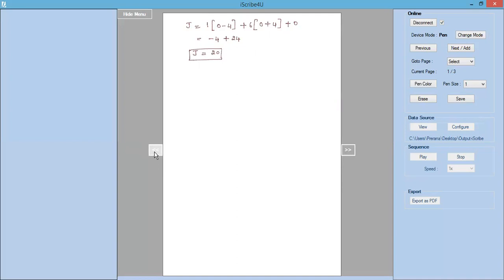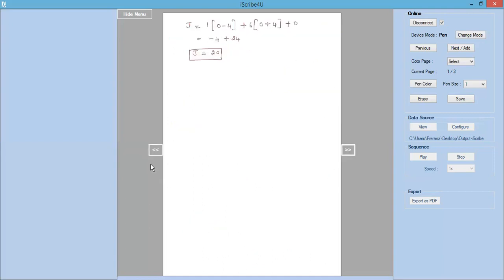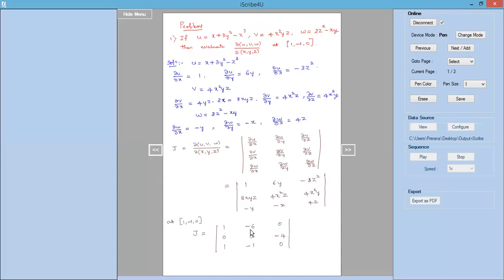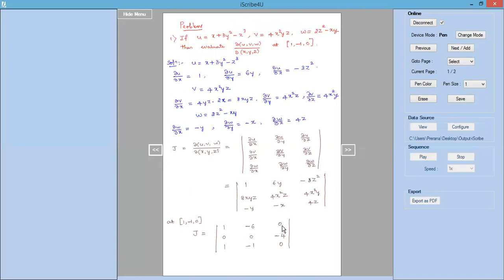I'll just explain the expansion of this 3 cross 3 determinant for you. So 1 into, we leave the first row and the first column, and it's a product of 0 into 0 minus of minus 4 into minus 1, which gives us the first term here. Then we have minus of minus 6. When we expand the determinant, we assign plus, minus, plus, so the middle term should give minus. Minus of minus 6 gives me plus 6 multiplied by 0 into 0 is 0, minus of minus 4, which gives me plus 4. And lastly, the third term is 0. 0 multiplied with a 2 cross 2 determinant will give you 0 itself.